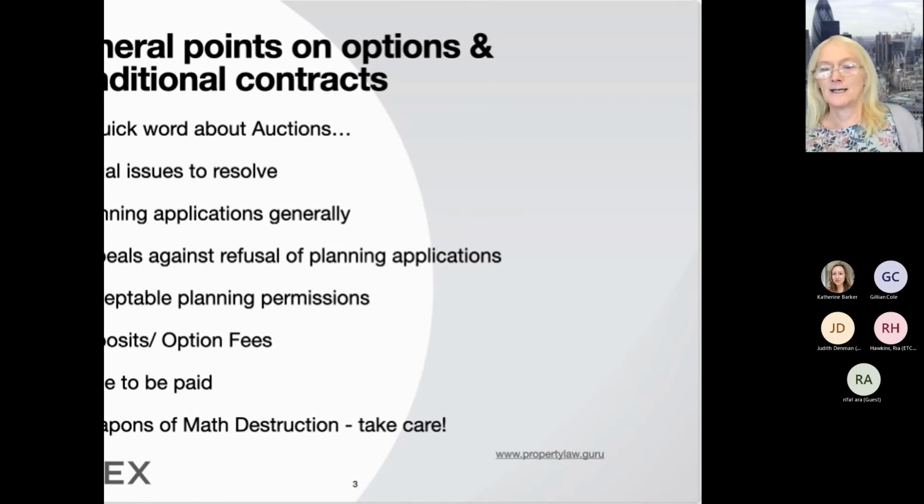now got a satisfactory planning permission, which allows me to trigger the option or conditional contract, which means I then buy the land, which means that I'm the one who now owns it, which means that I'm the one that is bound by the Section 106 agreement because they run with the land. And when I start the development, I will then be bound to provide this money or housing and so on. So these negotiations often take a couple of years to negotiate.